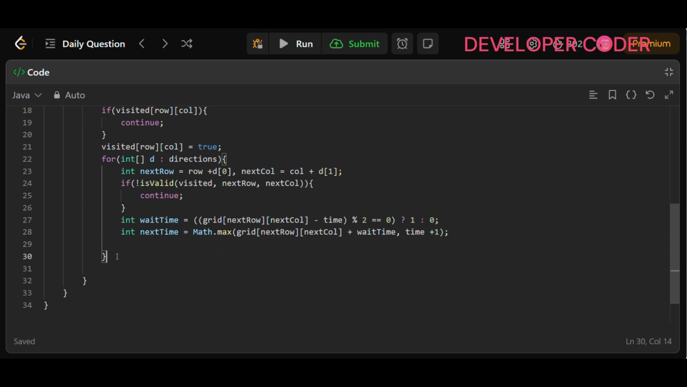Okay, so once this is done, then we have to just write pq. Okay, in the priority queue dot add new int. Okay, so what I'm going to write, I'm going to pass in my next time and next row in my priority queue and next column in my priority queue. Okay, this is done here,